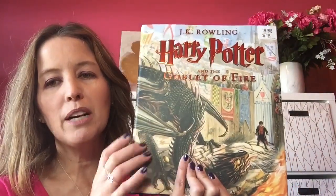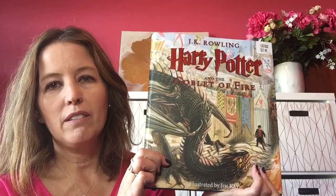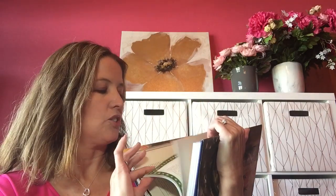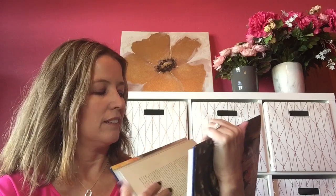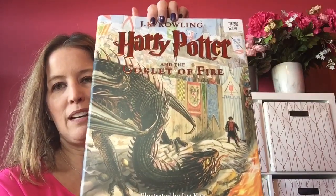Speaking of books, I want to show you one of my favorite things that I just found. Yesterday we were on a trip to Costco. We don't have one where I live, but there's one a couple of hours away, and they have the illustrated Harry Potter books, and they've been releasing these one a year. And this is the Goblet of Fire, which is the fourth book, the fourth year of them releasing these. It has the text of the book, but then it has illustrations by Jim Kay. And they are gorgeous, just gorgeous. I had the first three and just had to pick up the next one. So my husband was sweet to indulge me in my book collecting